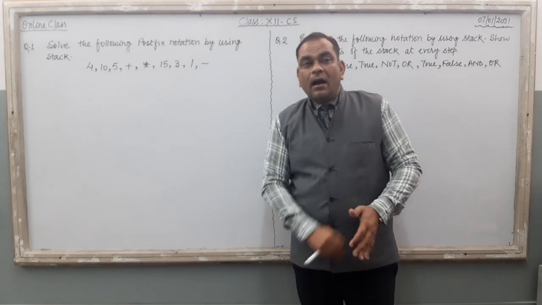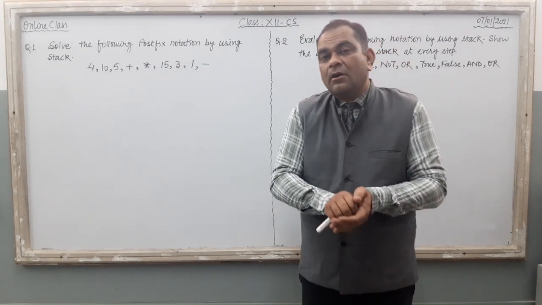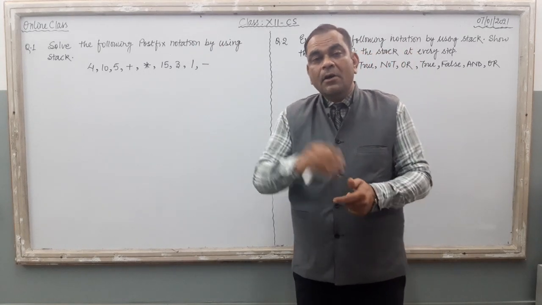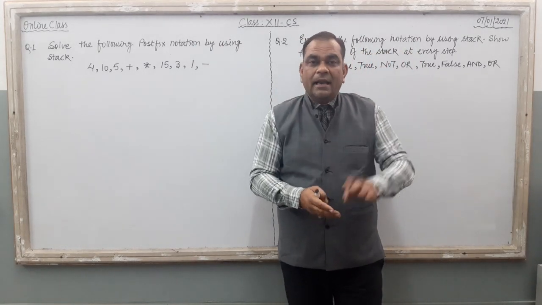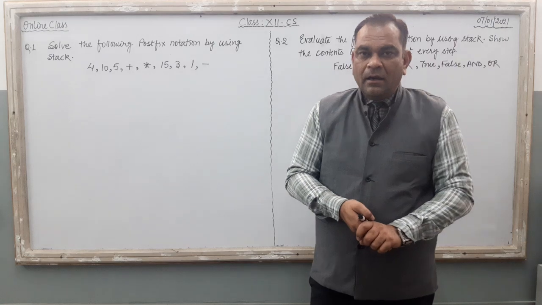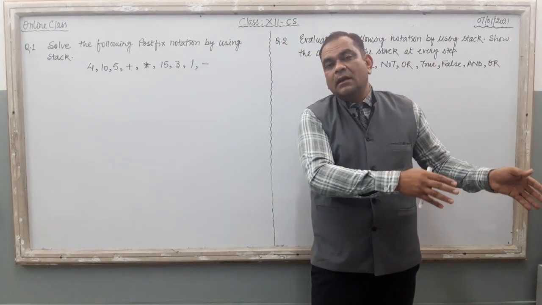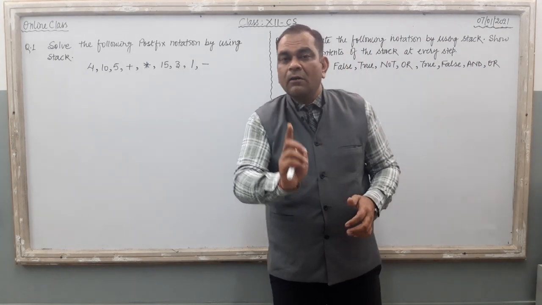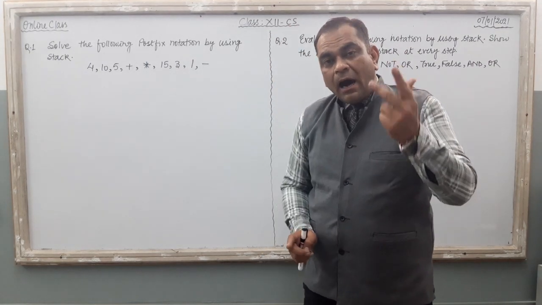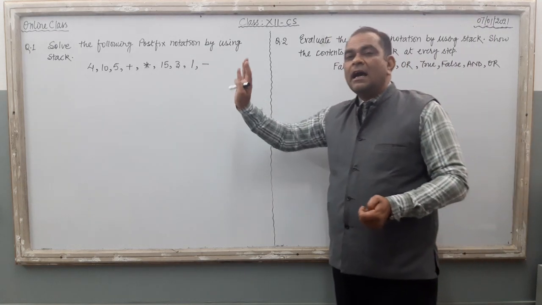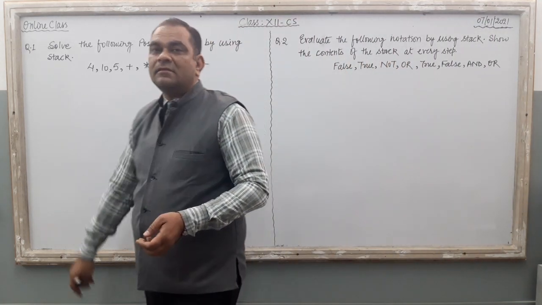Here we are on the last video lecture of this chapter. The data structure chapter is divided into list, stack, and then queue. The queue part is optional, right? Either the questions are related to the stack or the queue, meaning you have to solve any one question out of stack or queue. So the queue part is optional, and this is the last video lecture of the chapter stack.